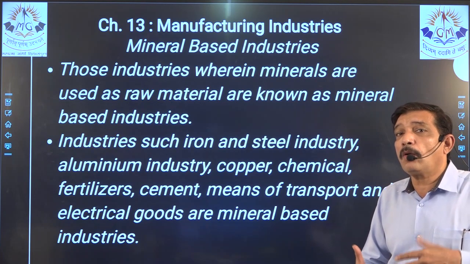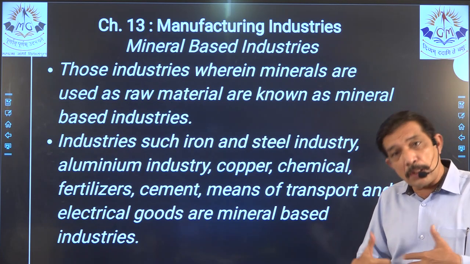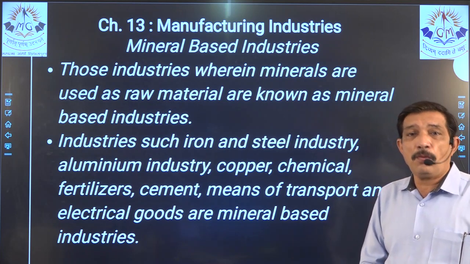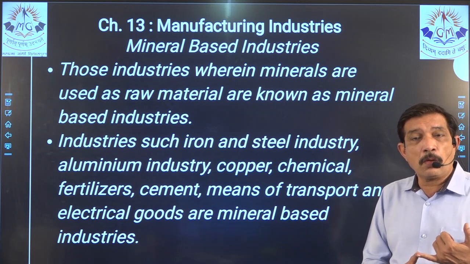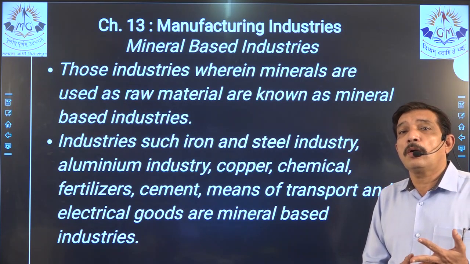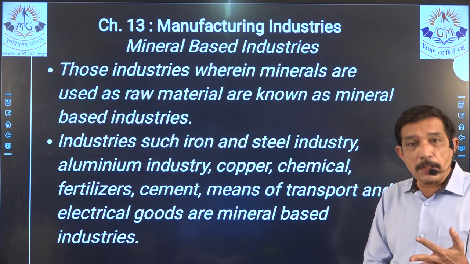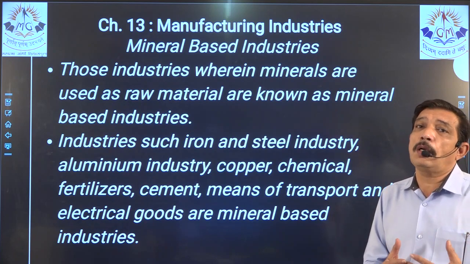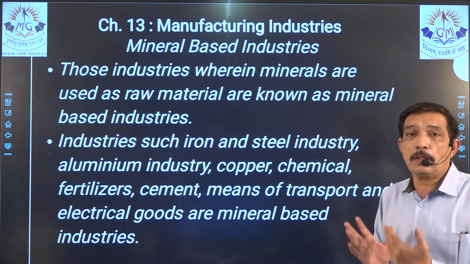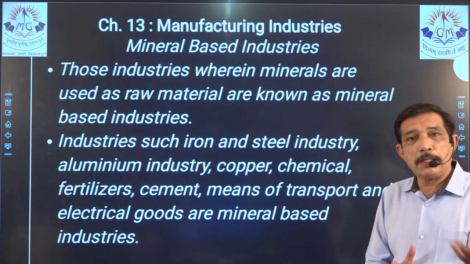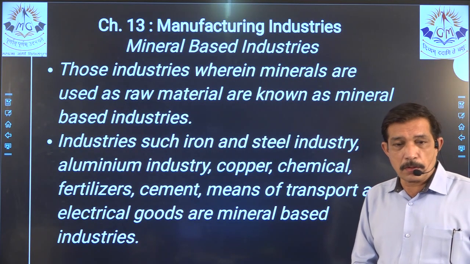We don't have to depend on the MCQs only, because MCQs have 4 options over there. The rest, the one-line or one-word answer, true or false, fill in the blanks, we have to do on our own. That means no options are given over there, right? So if we have thoroughly prepared this chapter, then we can easily attempt the objectives also, right?